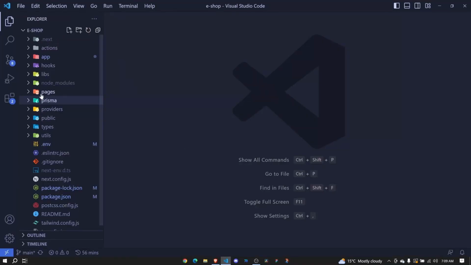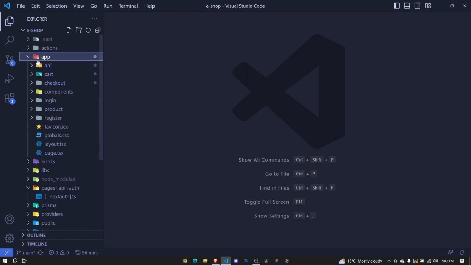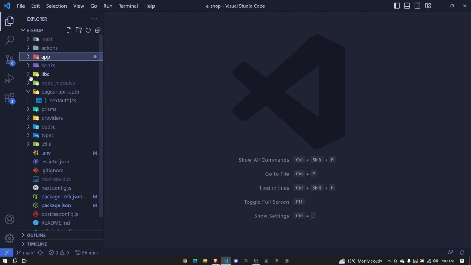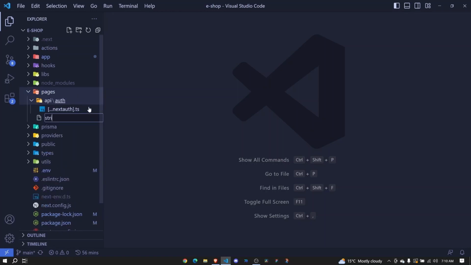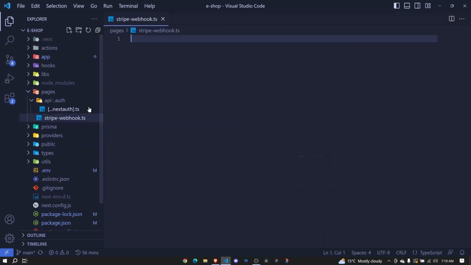and we will do that in pages. I tried to create the API in our app folder, but I just got a lot of issues, so let's do it in pages like we did with our next app. I'll add a new file. We can call this one stripe-webhooks.ts. I hit enter,